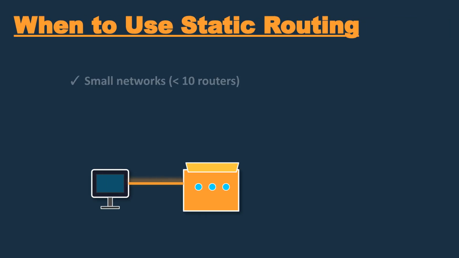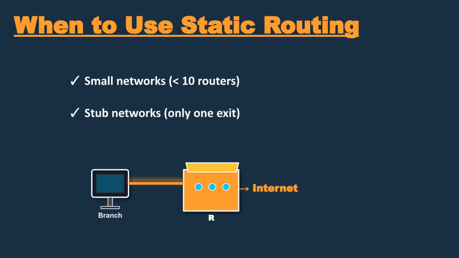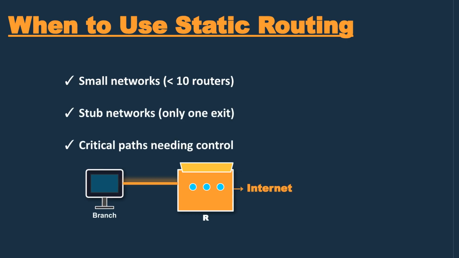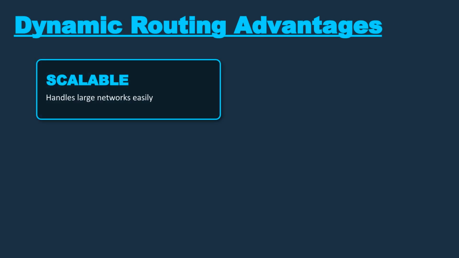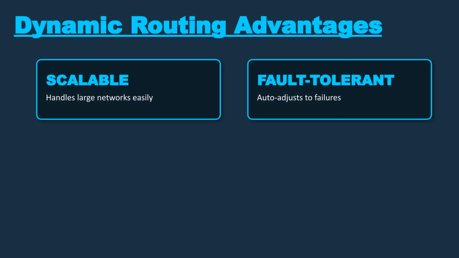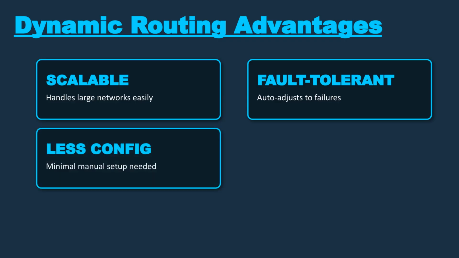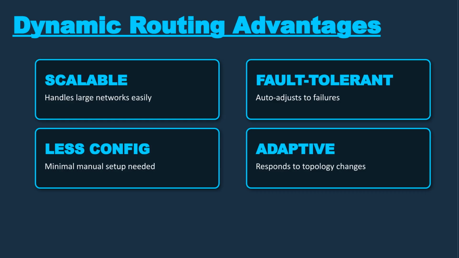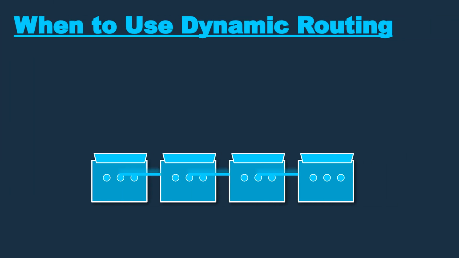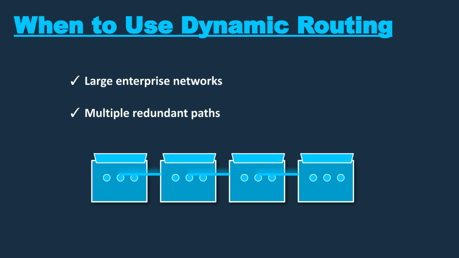Static routing is best used for small networks, stub networks with a single exit, and critical paths where precise control is necessary. Dynamic routing is scalable for large networks, fault-tolerant by auto-adjusting to failures, requires less manual configuration, and is adaptive to topology changes. Dynamic routing should be used in large enterprise networks, environments with multiple redundant paths, and in